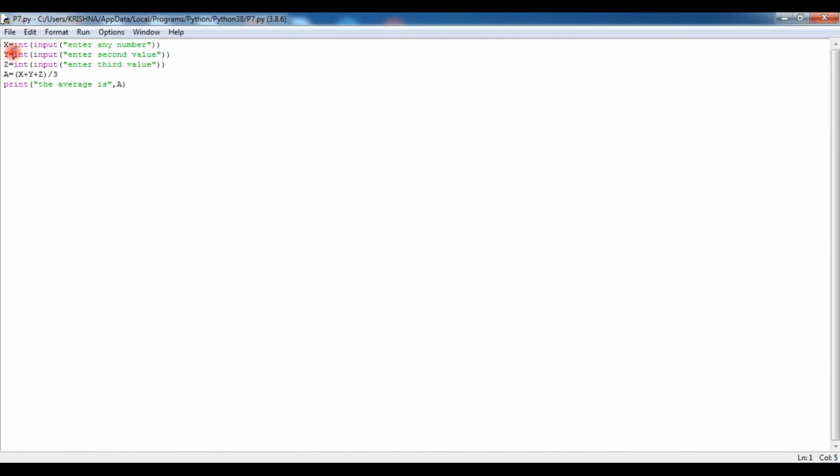Clear? One thing you keep in your mind: why I have used the int statement here. Students, one thing you must keep in your mind is what happens if you don't use the int statement. I am going to remove the int, then you will see the effect.